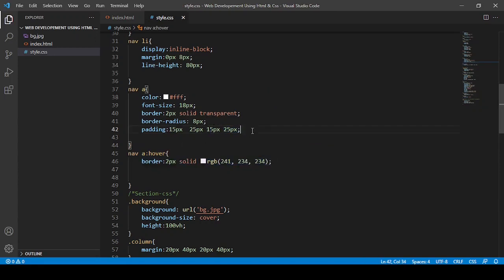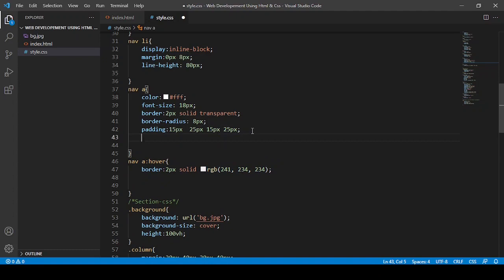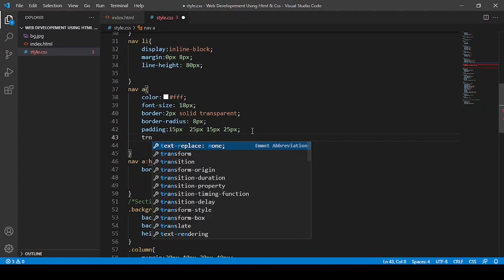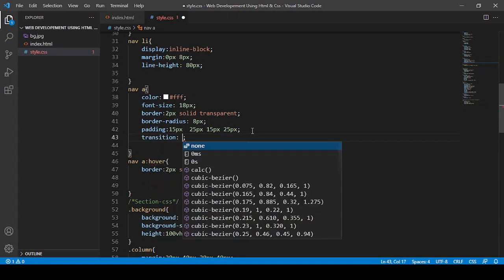And after that, for the smoothness, I will set transition. So what is transition? Transition is the smoothness between two moving things, like you can say the gap between two doors or something like that. You might have seen the transition in a PPT file also.